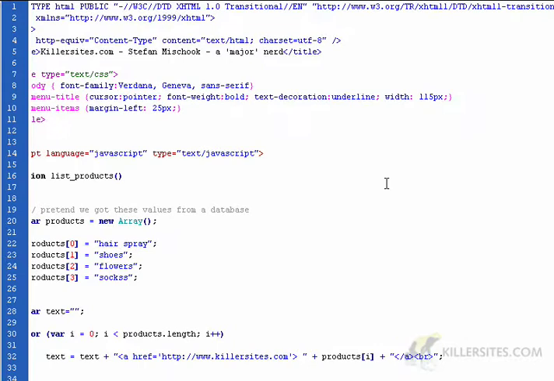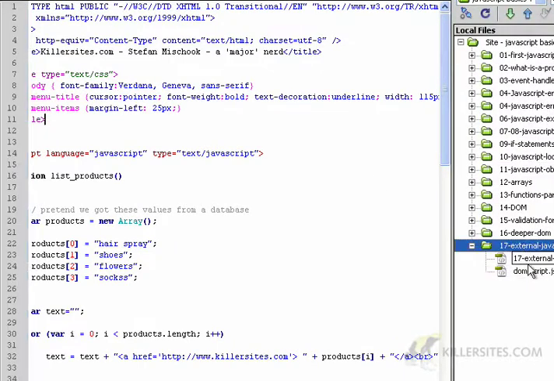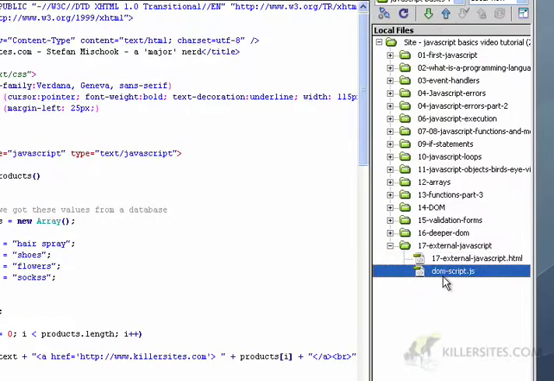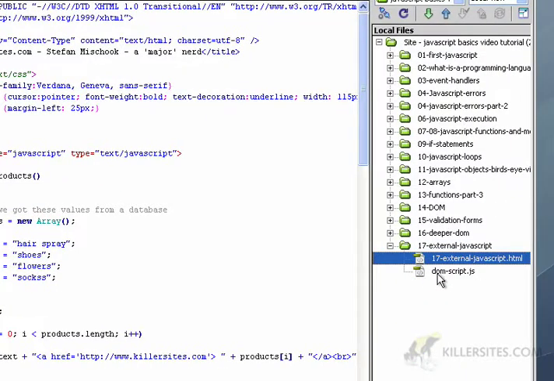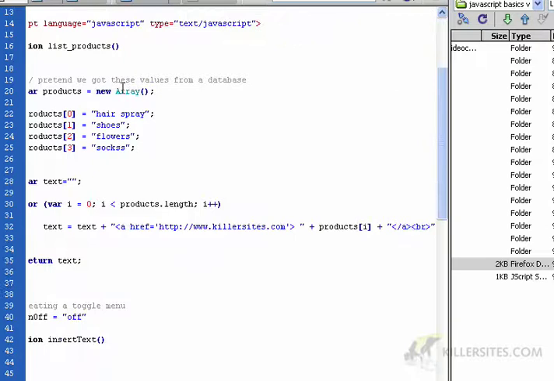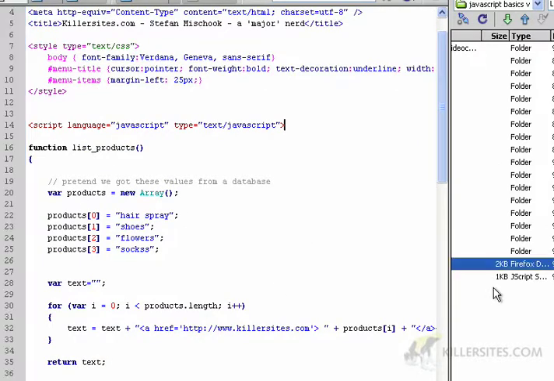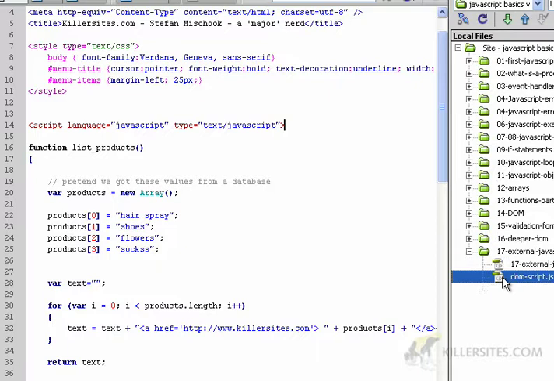All right, I popped into our code editor, and so here are our files over here. Let me just move this into view a bit. Okay, so what I want to do is populate the dom-script.js file with our JavaScript that we now see in our main page here, right? So let's jump into that now. So let's open up